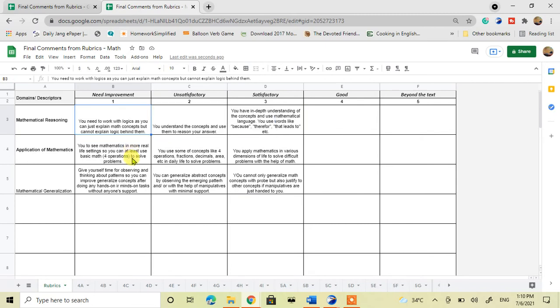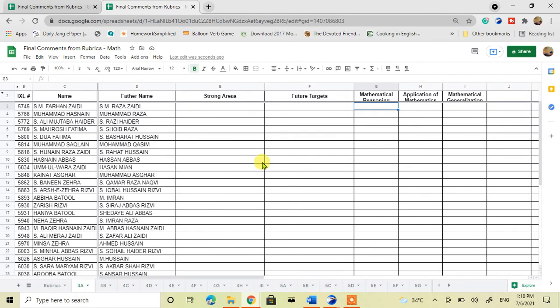What you need to do is make a copy and complete this rubric as I have done. If you have 4 descriptors, you can write till 4. If you have 5 descriptors, you can write till 5. If you have 3 descriptors like I had, just mention 3 descriptors like this, domain wise. You know how a rubric is made, so I am not giving more time to it. But once you are done with your rubric, you can see the model is ready for data collection.